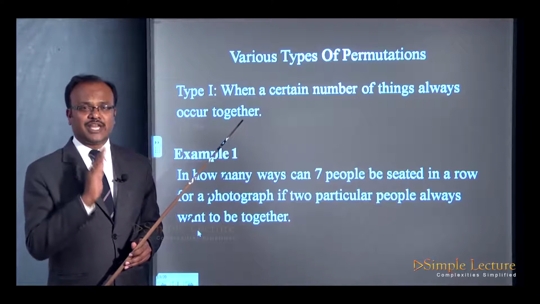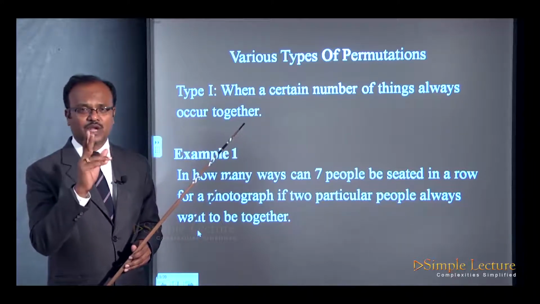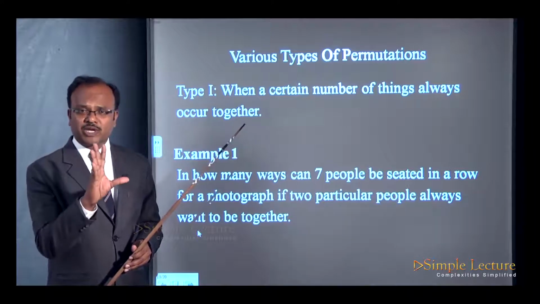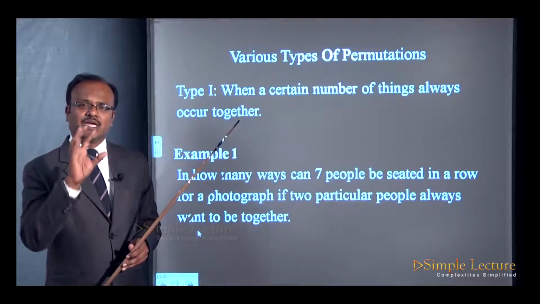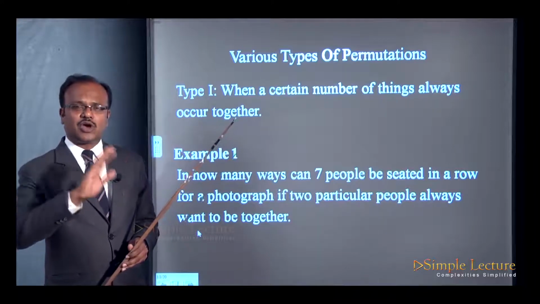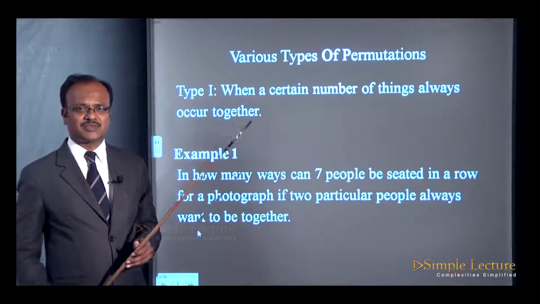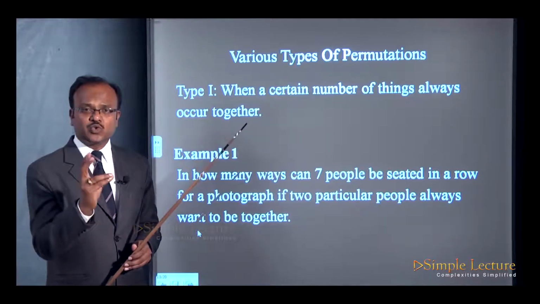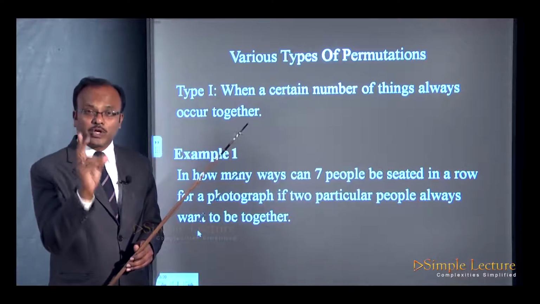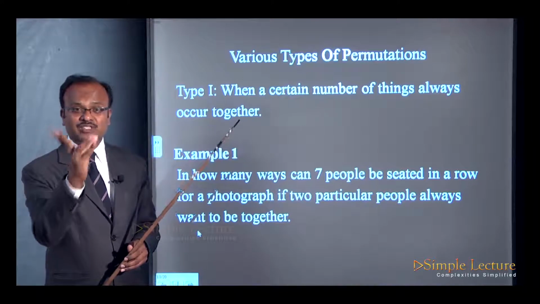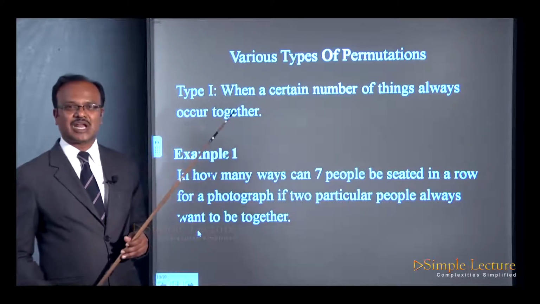Think, there will be 7 minus 2 persons. If you take it out, you will have only 5 persons. So, that means these 5 persons can be arranged or seated in a photograph in how many ways? And these 2 persons whom we have made as one, or who want to be together all the time, in how many ways can we make them sit together? That is the question now. Got it?